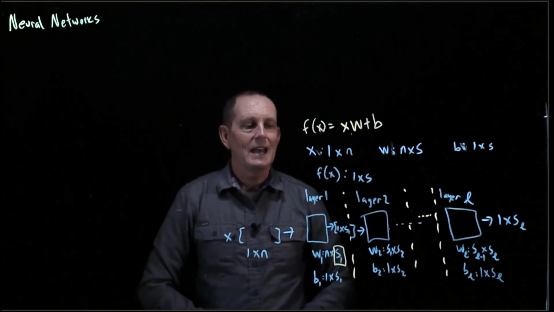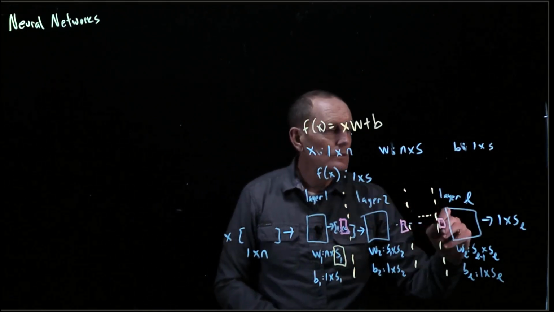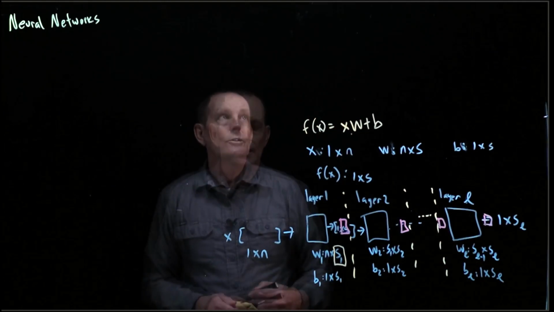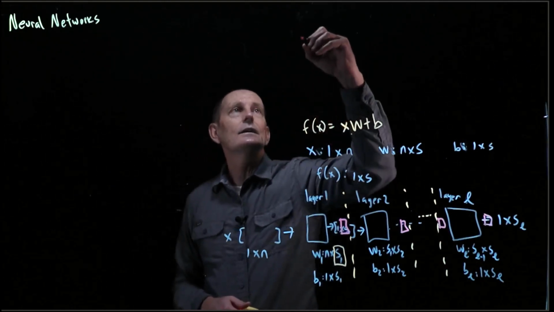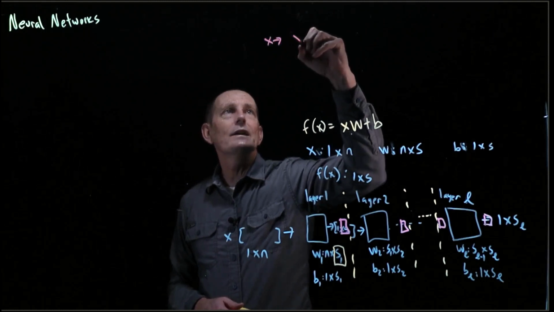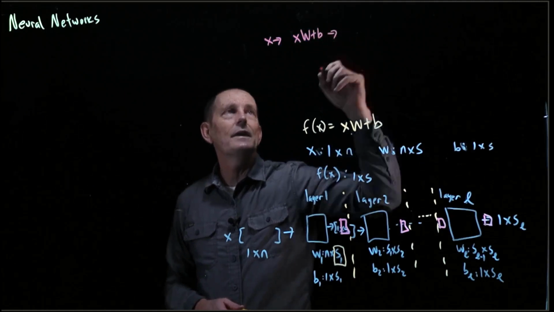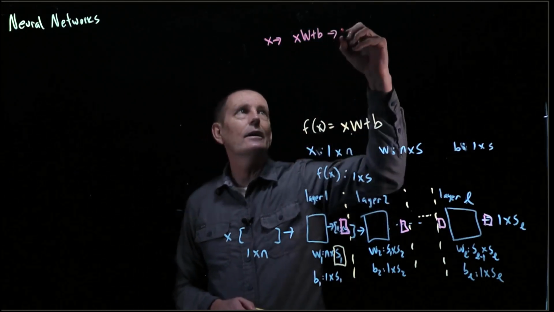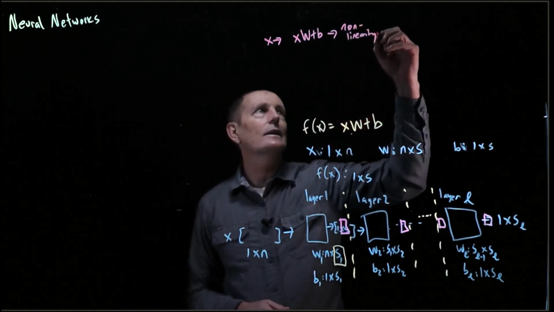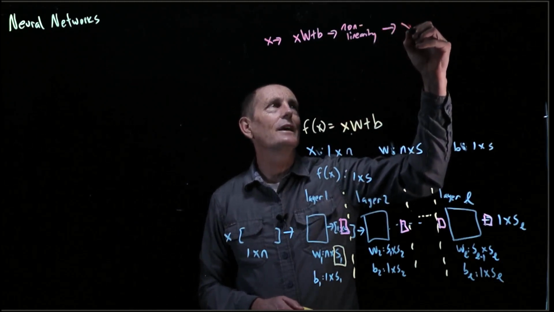What we're going to do is add, at the end of each layer, a new little function, which is going to be a nonlinearity. So we're going to take x coming in, we're going to go ahead and do xW plus b, and then we're going to apply a nonlinearity. Think of this as a little pipeline. And then that nonlinearity, we're going to go ahead and feed in to a,